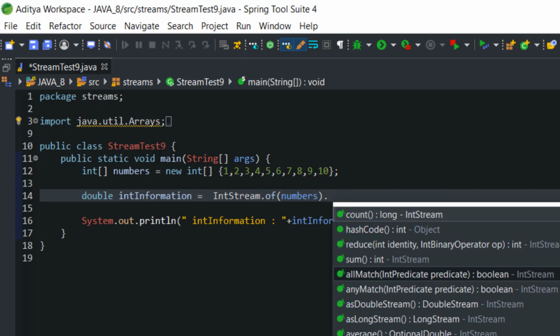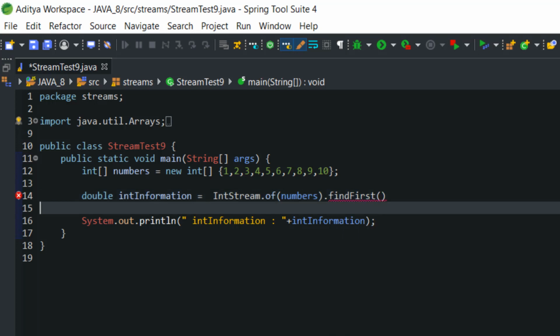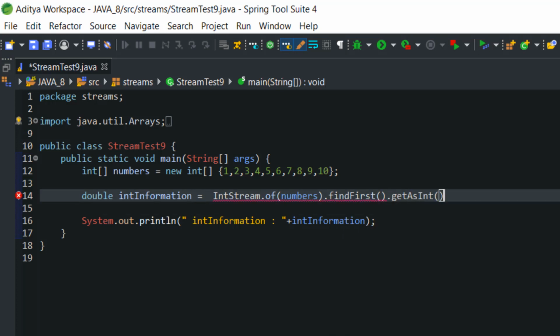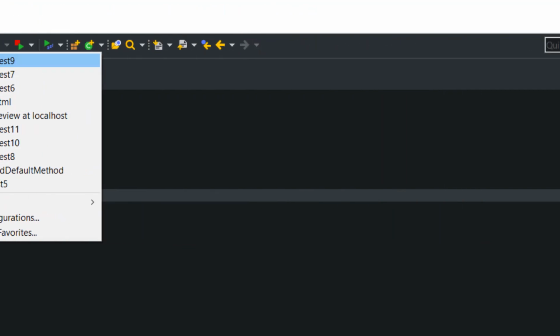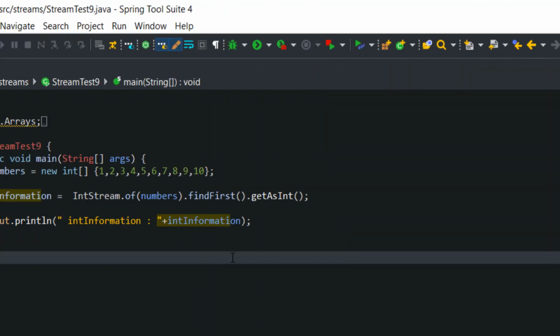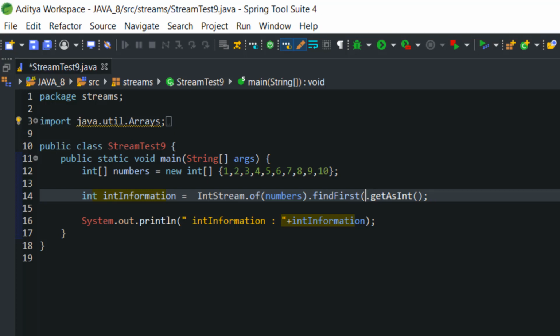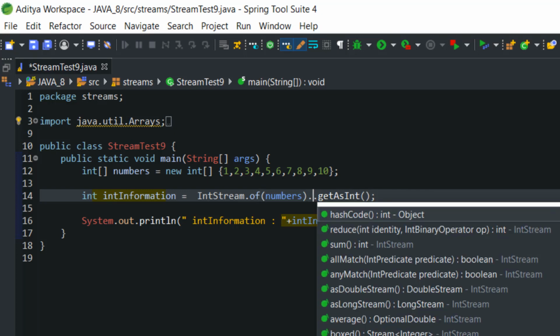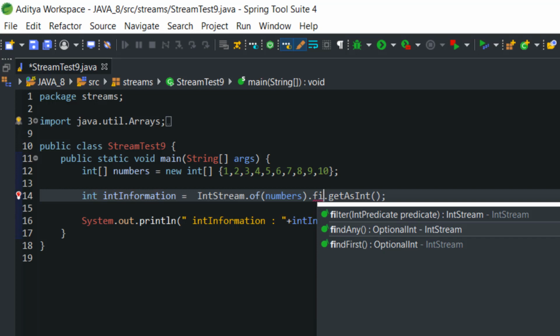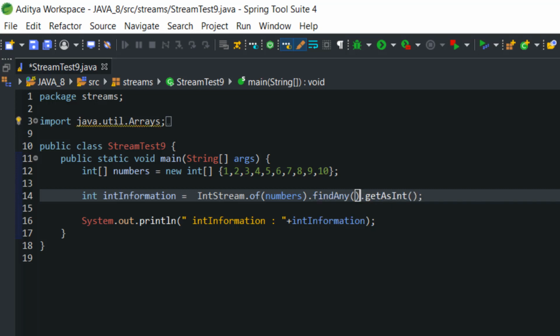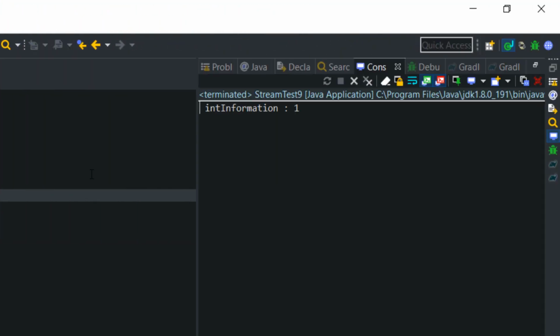That method name is dot findFirst, and I will return it as getAsInt. The first value stored in the array is 1. If you want to access a random number, then in that situation you can use dot findAny. Right now it is returning the first value.